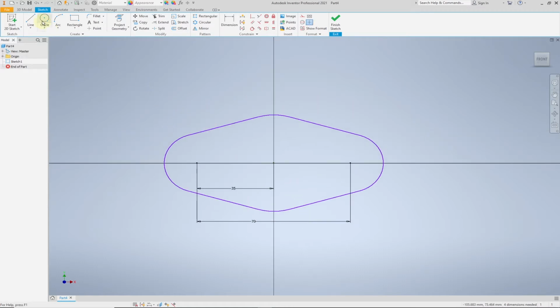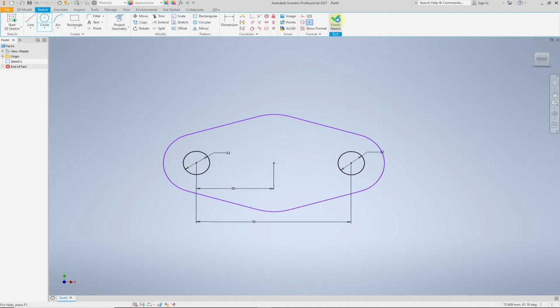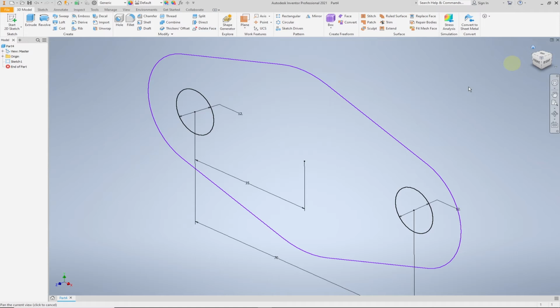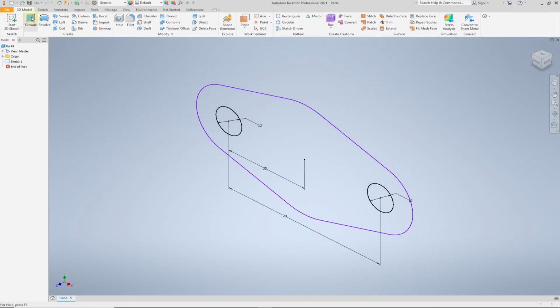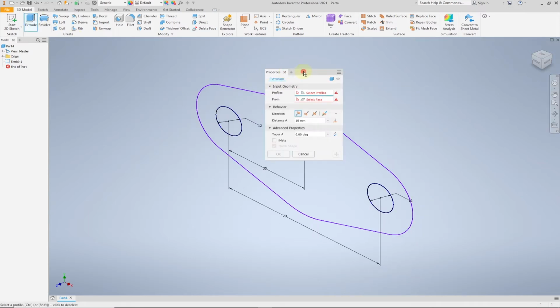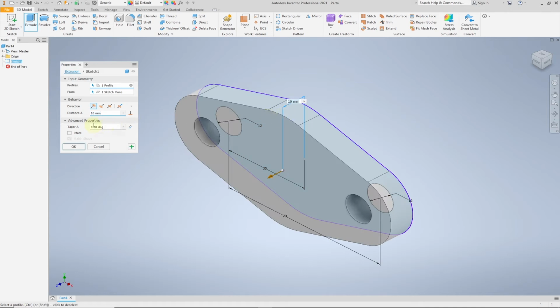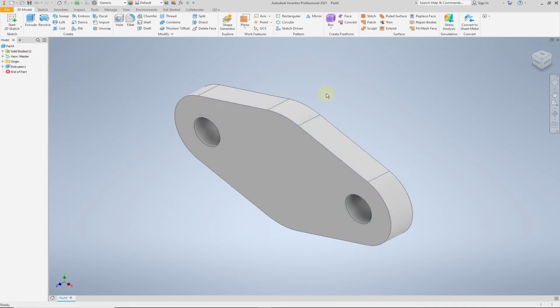Okay, then make a circle at this point, 12 mm diameter, and another at this point, 12 mm diameter. Then finish sketch. Now we extrude this profile. Okay, 10 mm. Okay, then